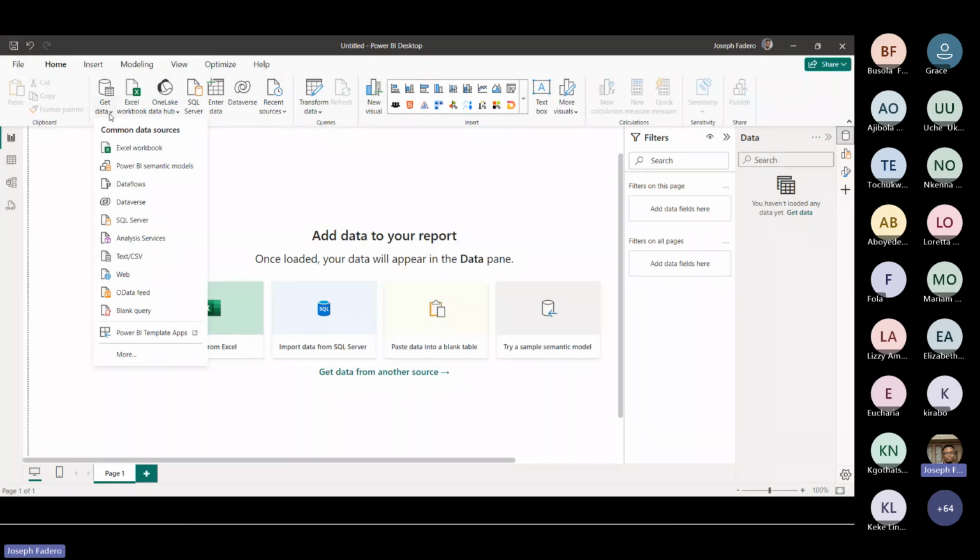I want to ask, for those of us that normally pay attention, is there a difference in the number of stuff you can see in Excel get data from what you can see in Power BI get data? Is there a difference or is it the same?